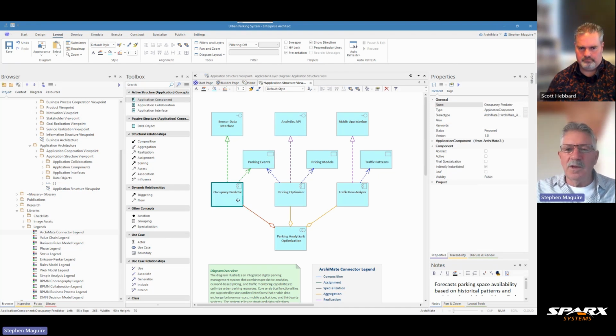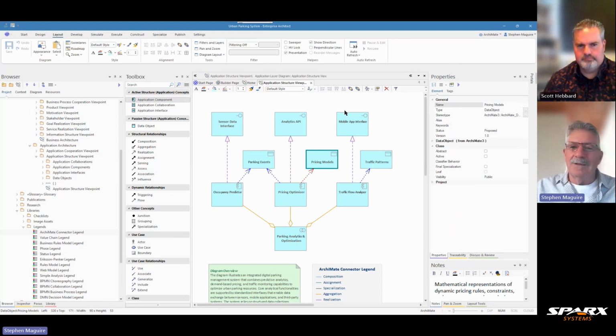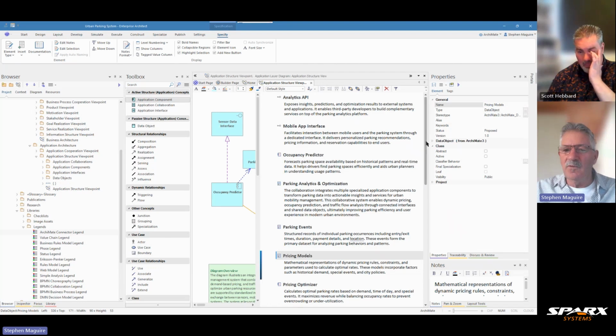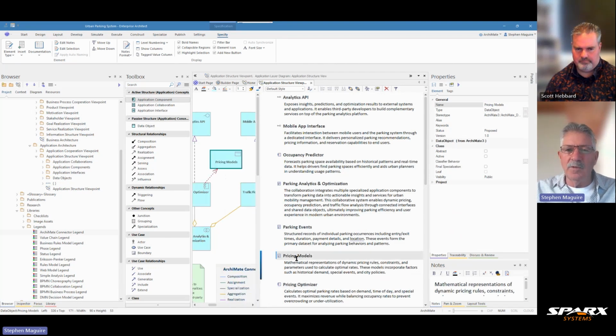And so you can see that there is overriding the color scheme of the legend. And you can see that these outgoing ones are in green and these incoming ones are in red. And I can do that for any of those elements. Yeah. So that's very powerful. The other thing I like to do, Scott, is to just make sure that I've put notes on all of the elements, and I can use the inline specification view to do that. We've seen that in other videos, but quite a useful thing there, and I can click on those and find them in the diagram there as it moves along.